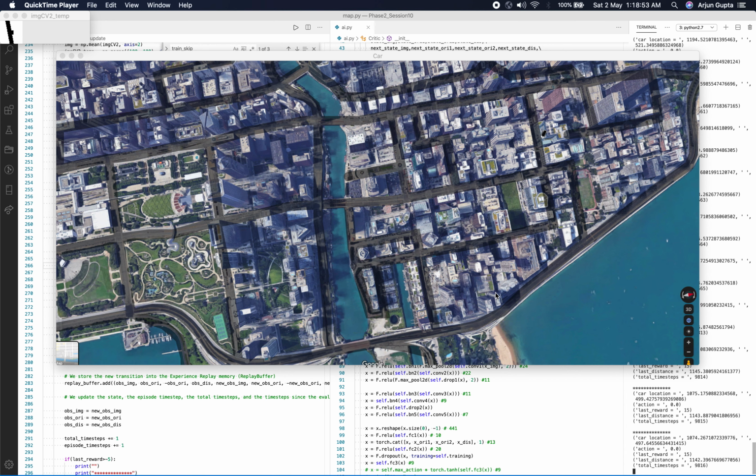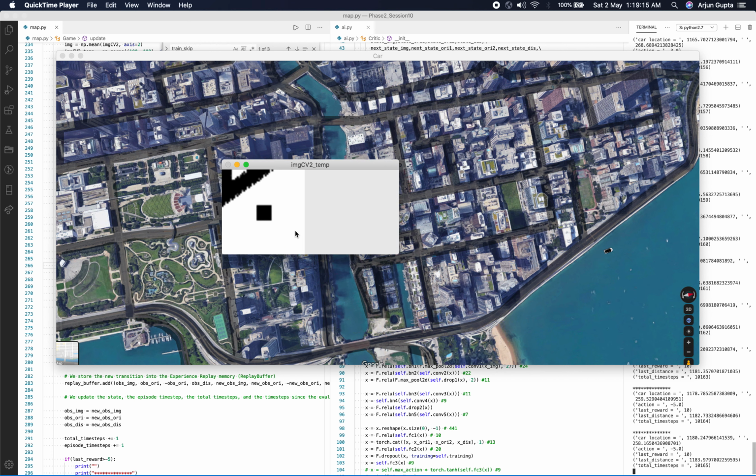So this is my assignment solution for the T3D algorithm for the end game, which was phase 2 assignment 10. And here you can see there's a little car which is going around and round, and in the background it is using T3D algorithm. And here you can see a small image.